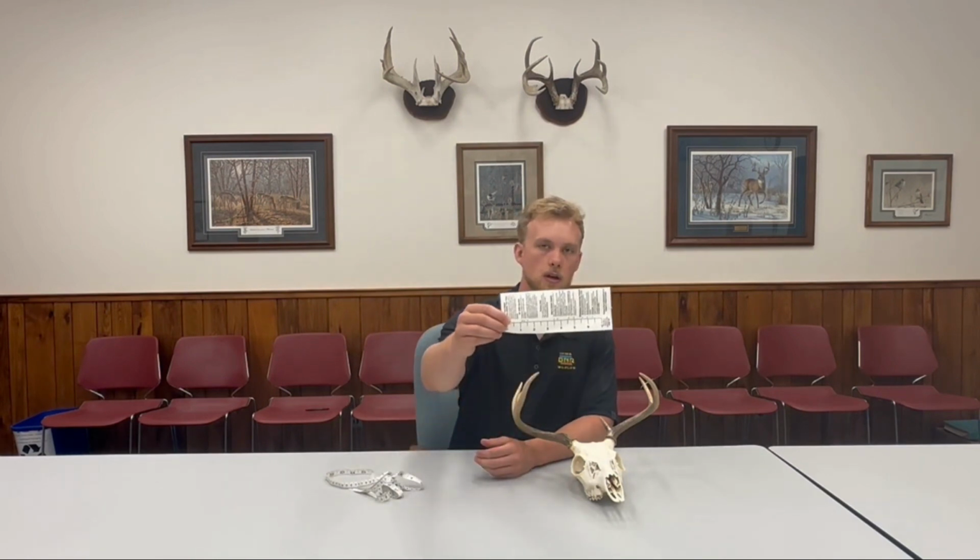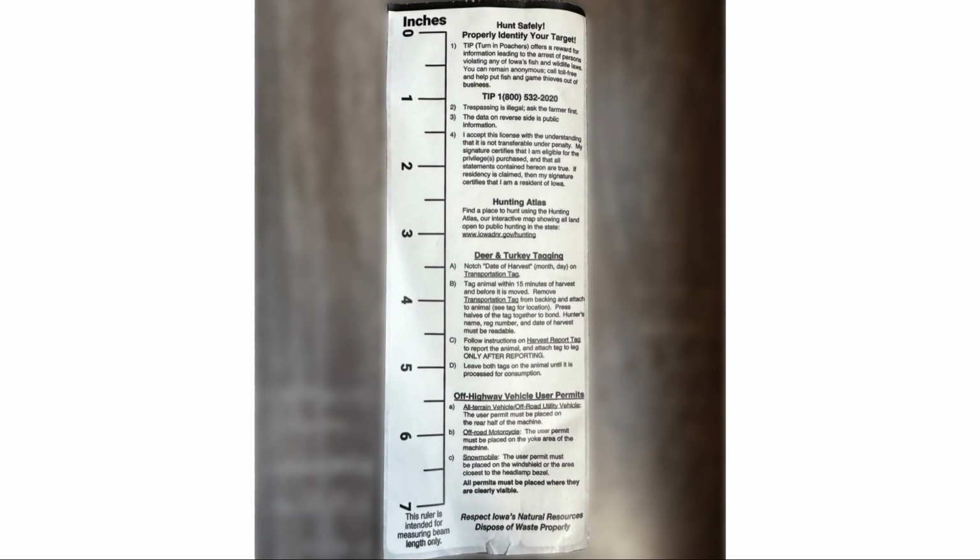Now again, whether it's 12 inches or 12.25 inches is not important, because we'll only be asking whether that antler is less than or greater than 14 inches. Now we acknowledge that a lot of harvest reporting takes place in the field where you likely wouldn't have access to a soft tape measure or something like it. And that's why we've added a 7-inch ruler on the back of our deer tags